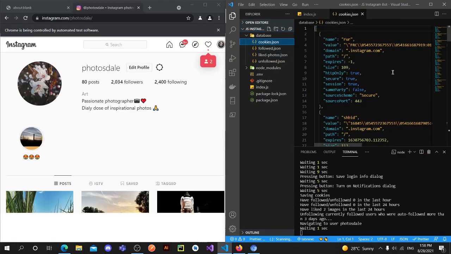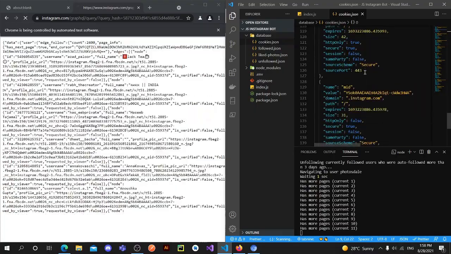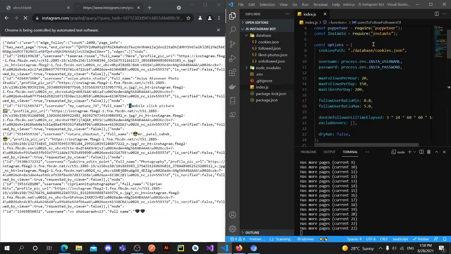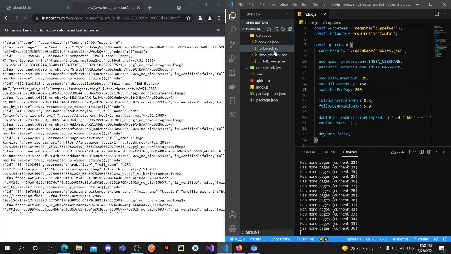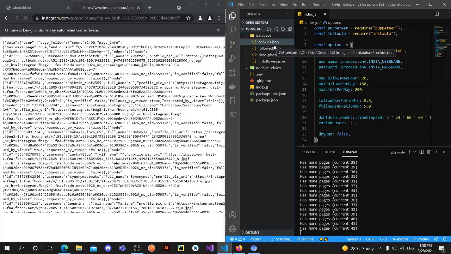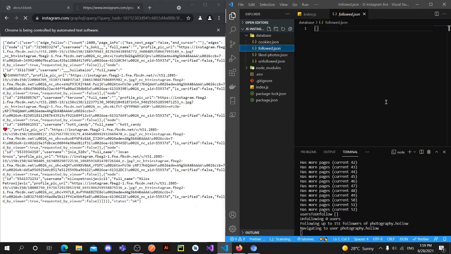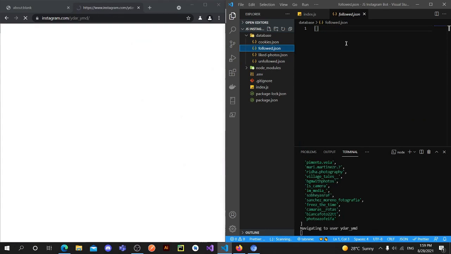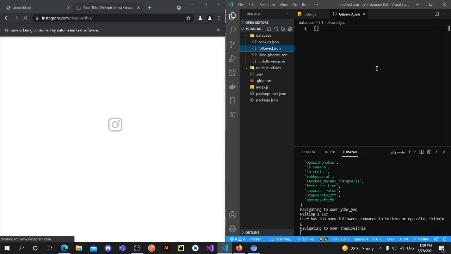Here is cookies.json, and we are having our cookies, so he don't need to log in every time to search for information. It will automatically log in next time. Our browser will remember us, and he is searching for those accounts, as you can see, and finding usernames, and